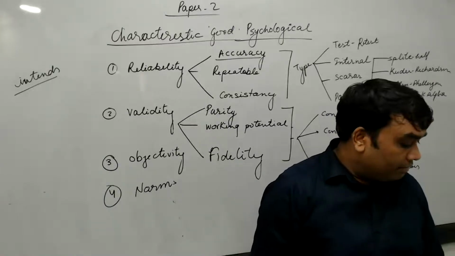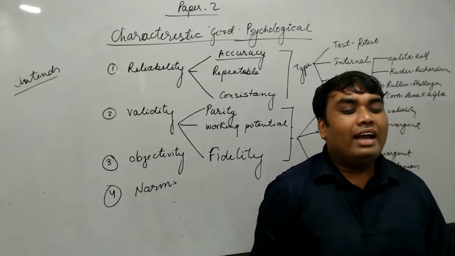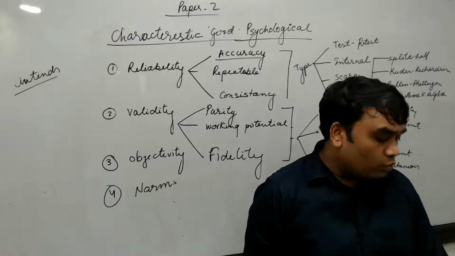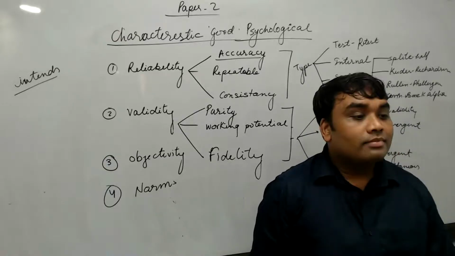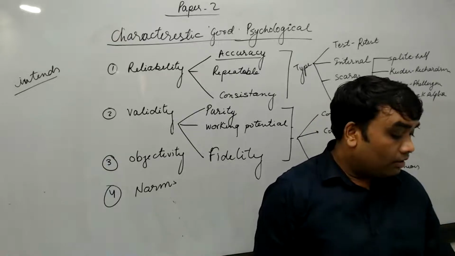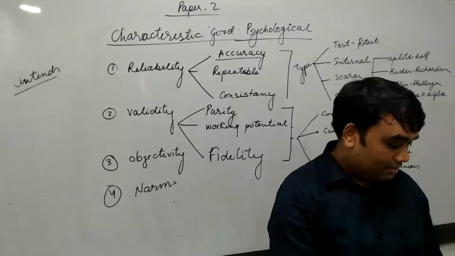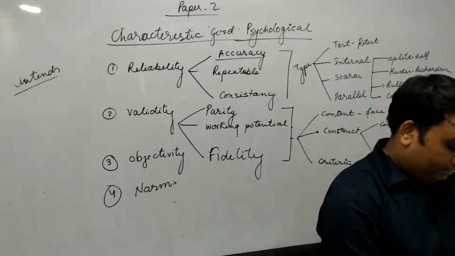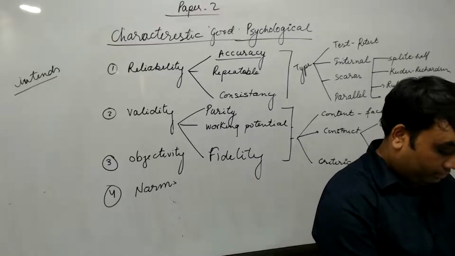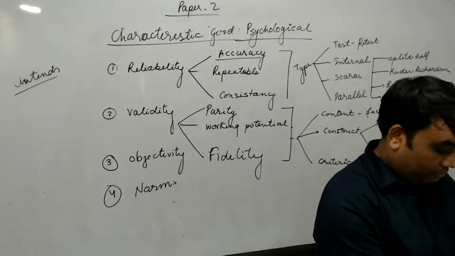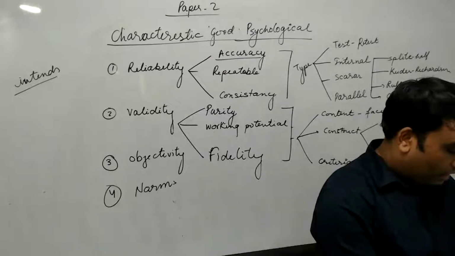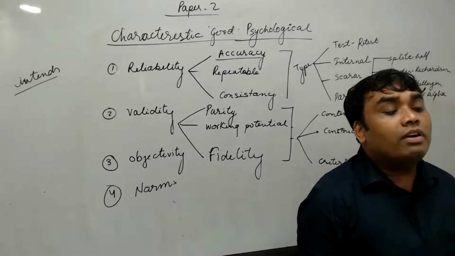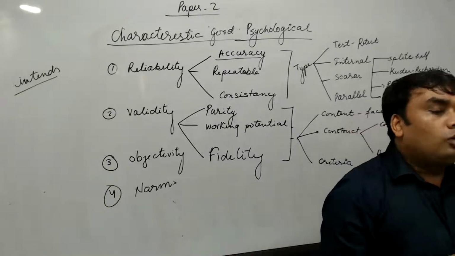You know that if a test does not have norms, actually that test is... norms means what? Standardized rules. So what word will you use for it? Norms refer, note down, norms refer